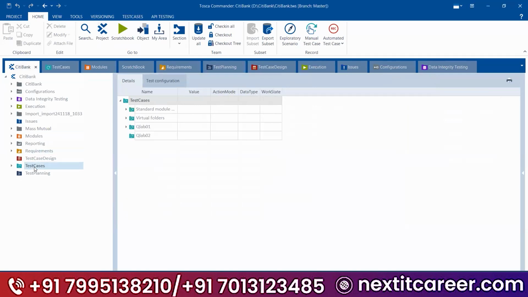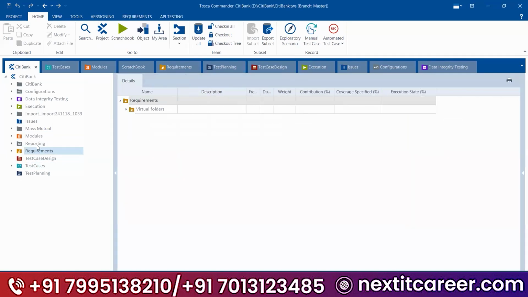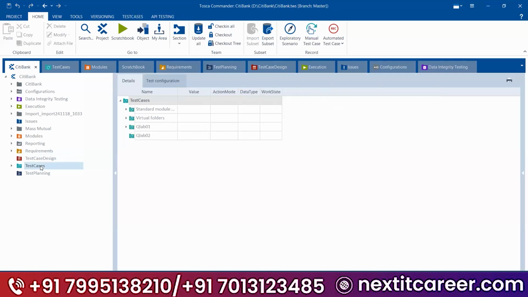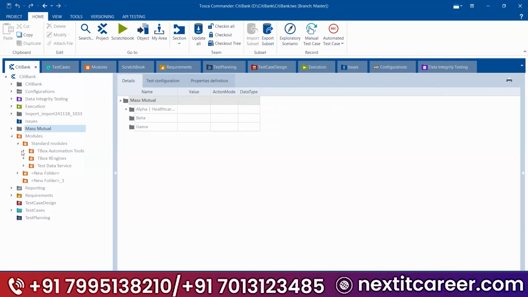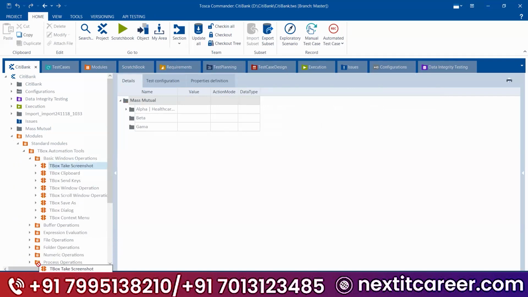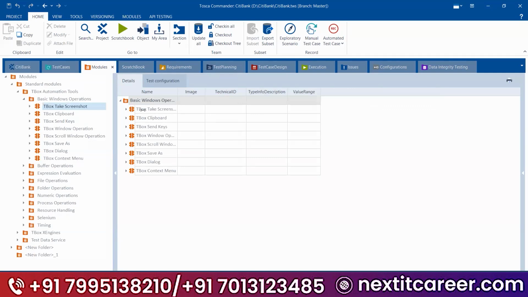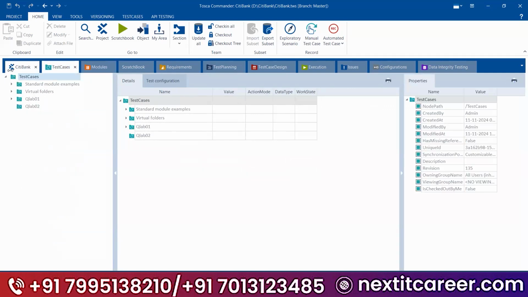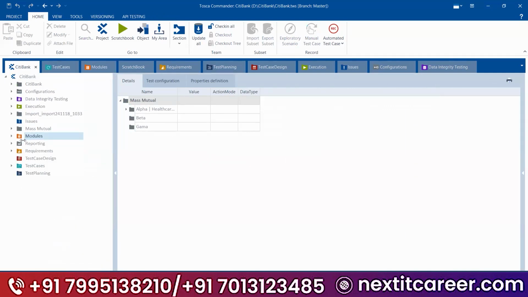In one row, you can see all your requirements, modules, test plans, TCD, everything in a single row. Now if you want to drag, you can directly drag from here to here, not by switching from one tab to the other tab. That is the advantage of the project root folder.